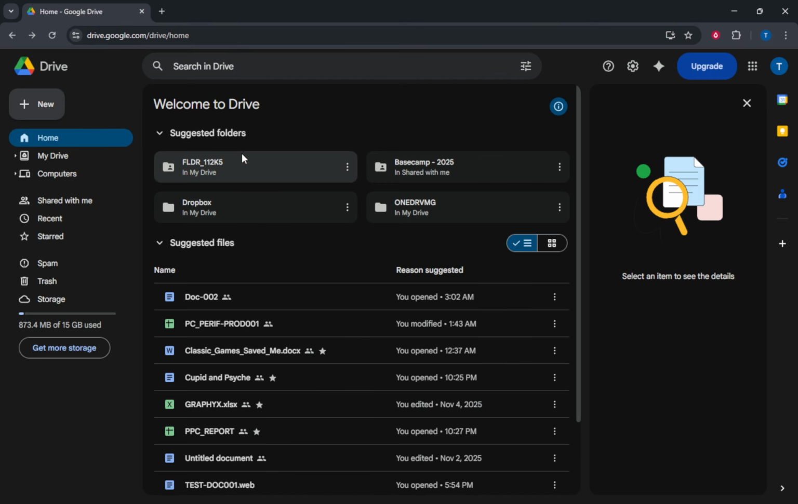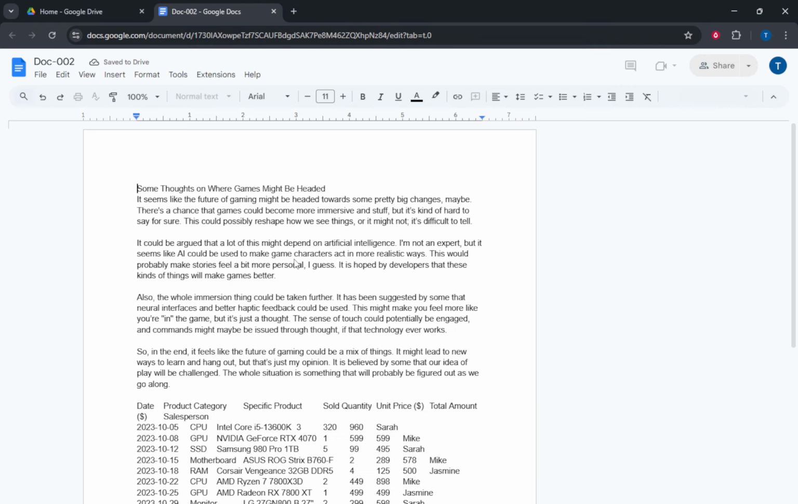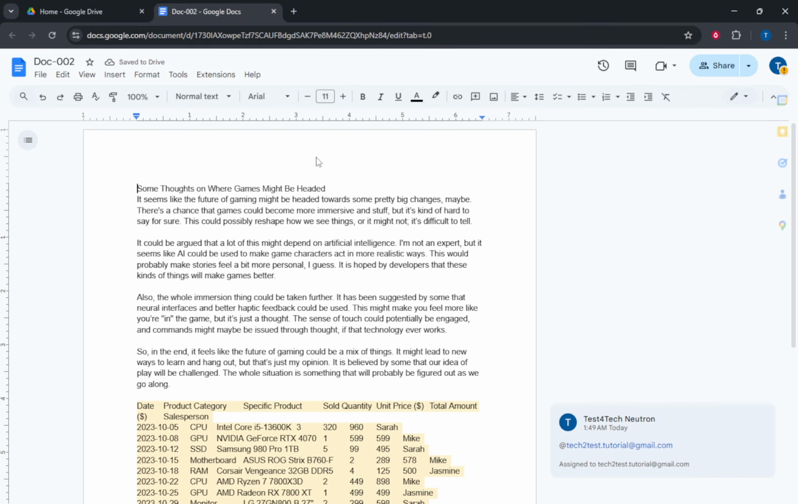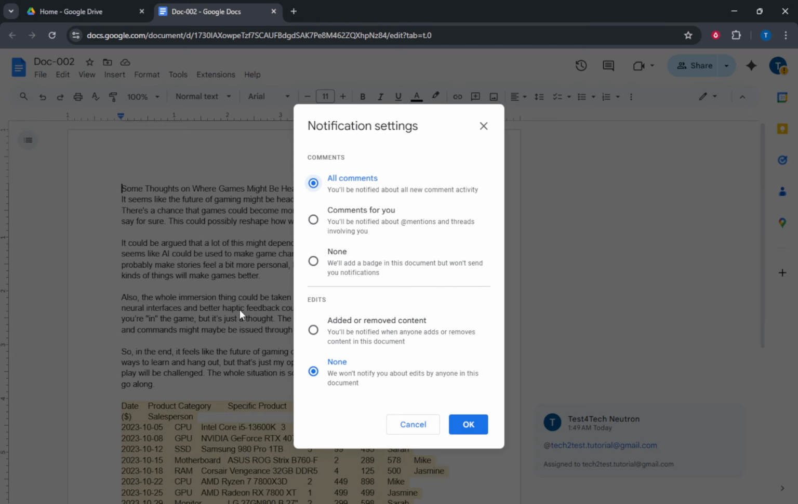First, open the document you want to enable notifications for. In the top menu, you'll notice the Tools option. Click on it, and a drop-down menu will appear. From there, move to Notification Settings and click. Here, you have the flexibility to configure your preferences. You can decide to be alerted to all comments, comments for you, or have no notifications at all by selecting